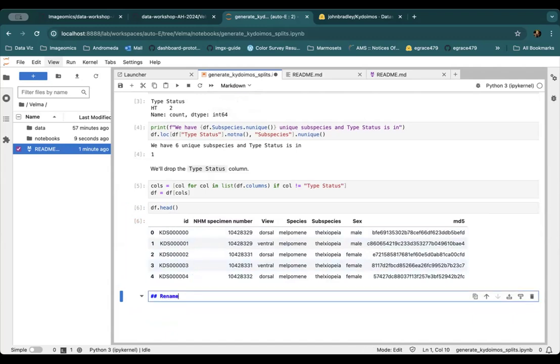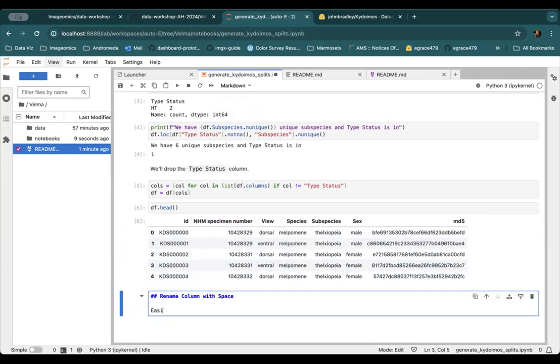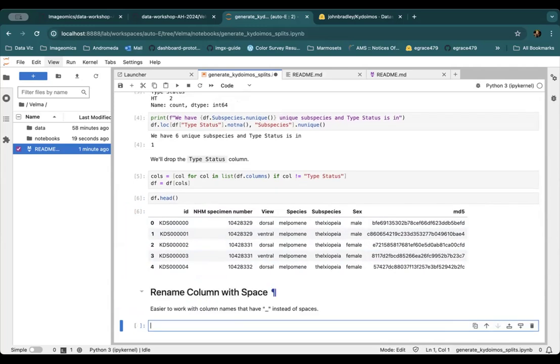So rename column with space. Easier to work with column names that have underscore instead of spaces, right? So we will do df.rename